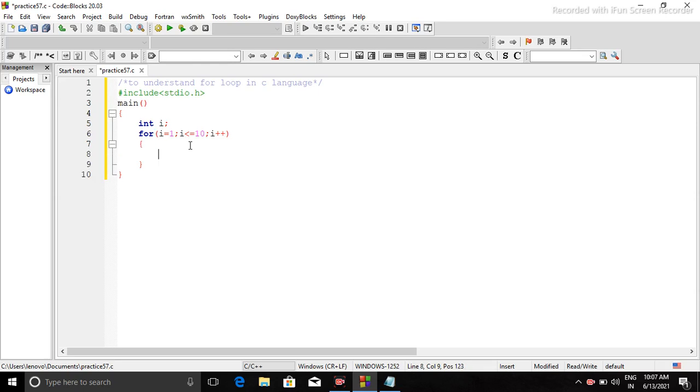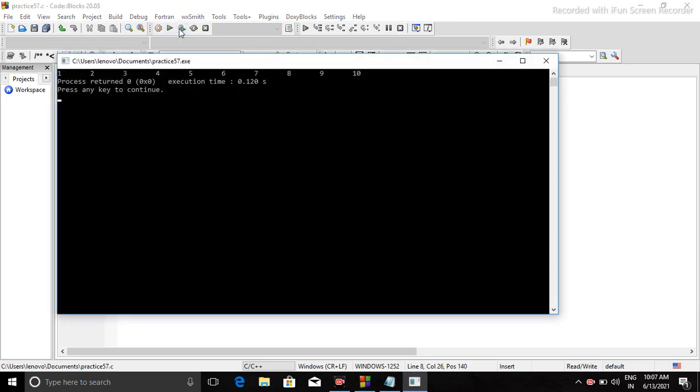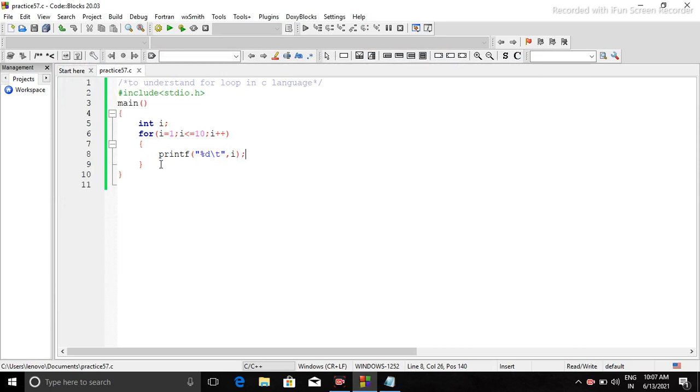Inside the for loop, I have to print the value of I with %d comma I, and I will put a \t here, a tab space, which will separate I values by a tab. If we run this code now, we get 1 2 3 up to 10, which is our expected answer.